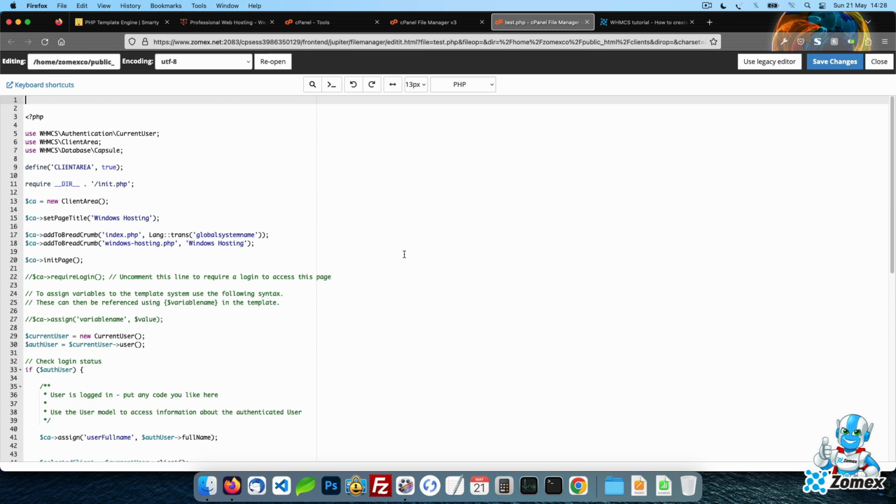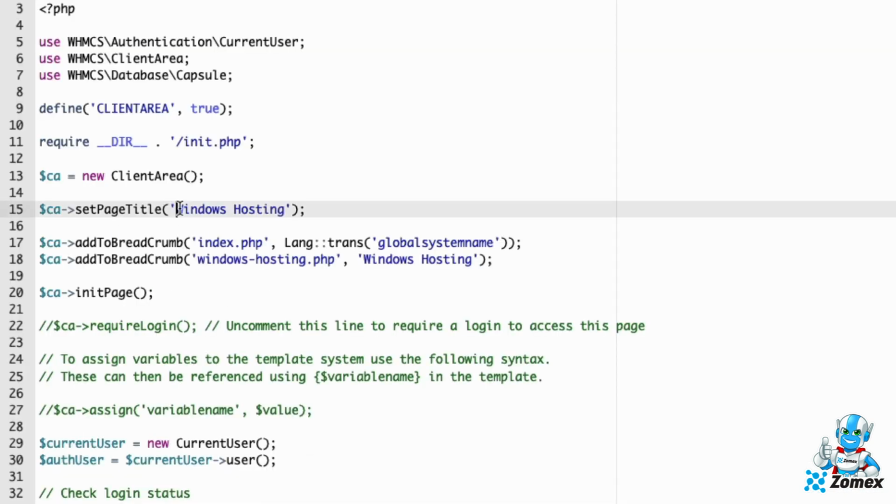By default, the page this sample code used is Windows hosting. Let's go ahead and edit this for our test page. To start, edit the set page title variable between the single quotes. This is used for the page title, which for most WHMCS templates will be automatically displayed at the top of